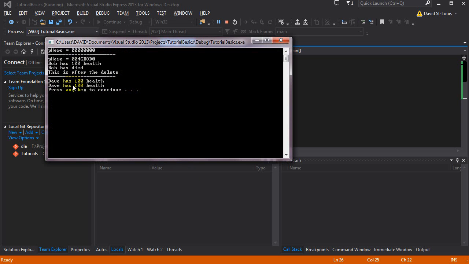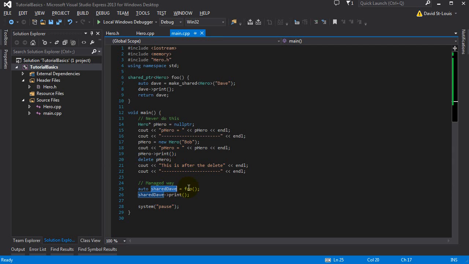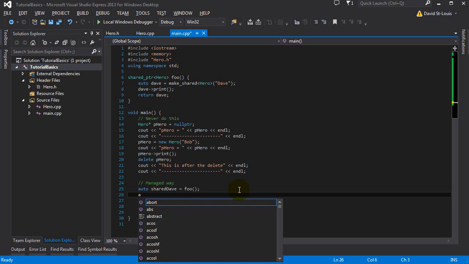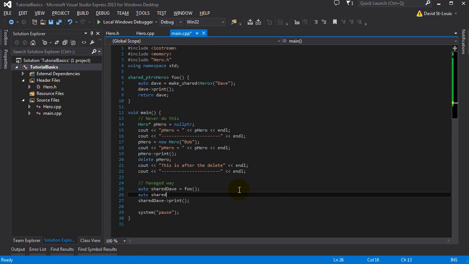Right, so you can see, you know, I got it returned from the function, and I can still print it. So it lived on, and whenever you set it to something else, so let's say auto shared Dave 2 equal this guy,